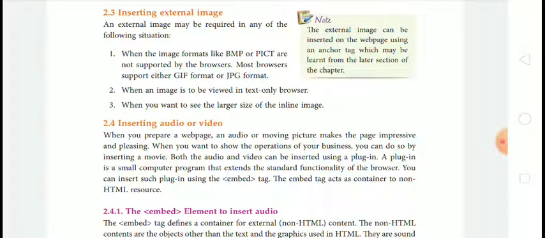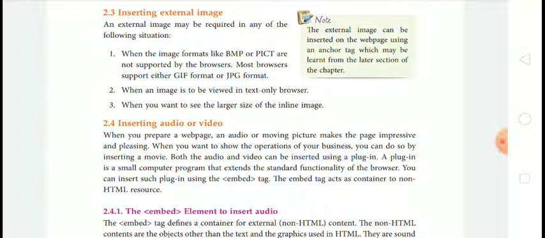Means many times it happens that image formats like BMP and PICT are not supported by the browser, and most browsers only support GIF or JPG format.